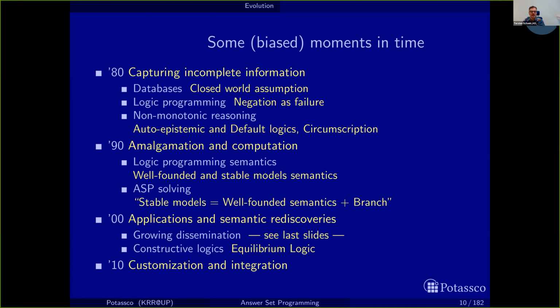This was more or less at the beginning of this millennium, right? First of all, we had more and more applications happening, but we saw this on the last slide. But then the real breakthrough here was on the semantic side. And I think we all have to be really thankful to David Pearce. Even though Dov Gabbay, right, saw this connection to intuitionistic logic before, David Pearce really nailed it down,